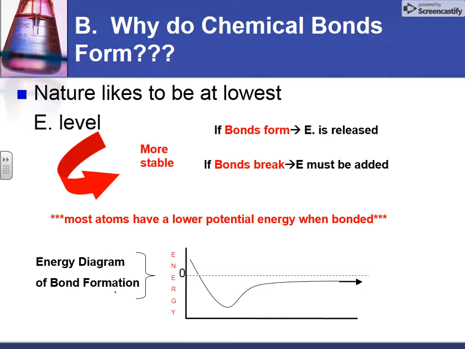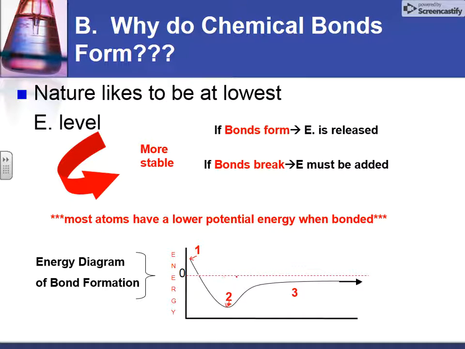So we're going to take a second to look at this bond energy diagram. Take a second to sketch this out. We're going to be looking in particular at 3 points on the diagram. Point 1 represents the highest energy point that we see here. Point 2 represents the lowest energy point, which I would call the trough. And point 3 is the region where the energy starts to increase slightly after the atoms have bonded, but then it plateaus and stabilizes.